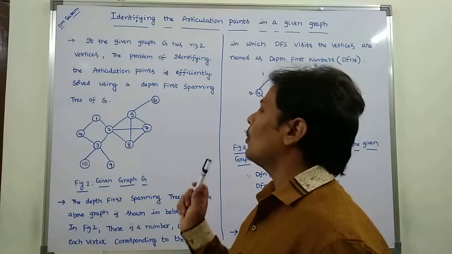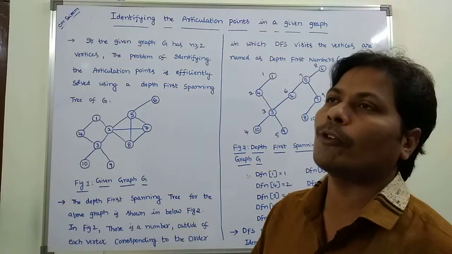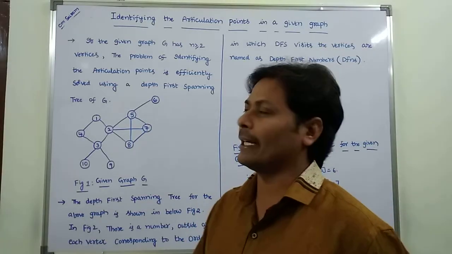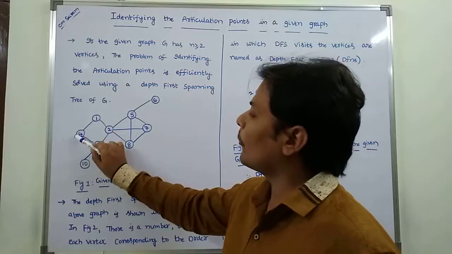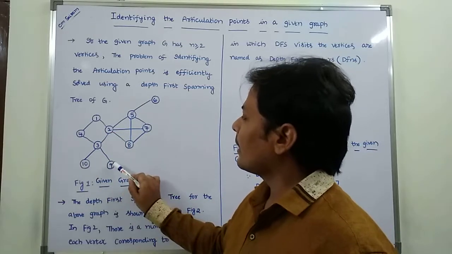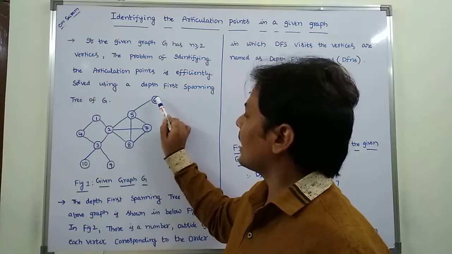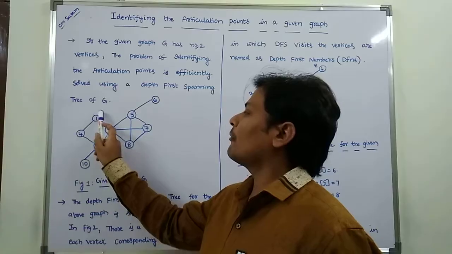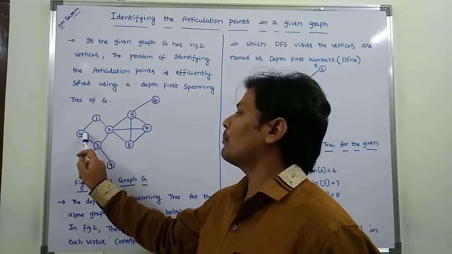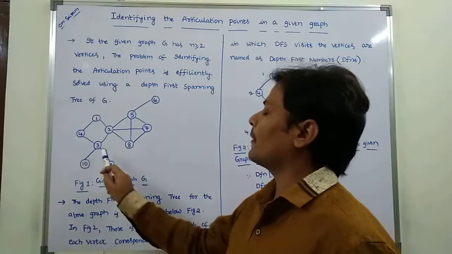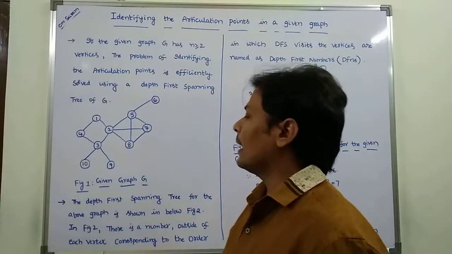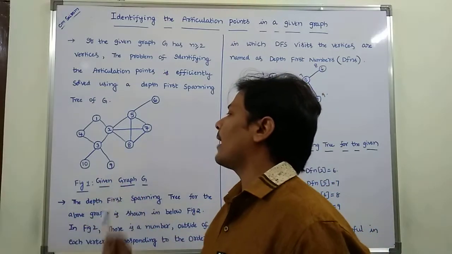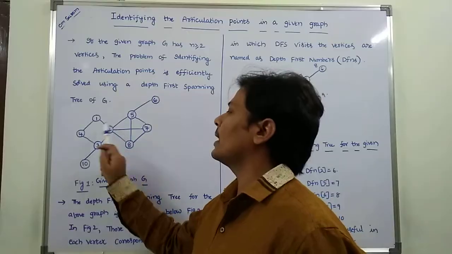So what is the order we follow in the DFS to construct the DFS spanning tree? 1, 4, 3, 10, 9, 2, 5, 6, 7, 8. Now the DFN numbers: the DFN of vertex 1 is 1, vertex 4 is 2, vertex 3 is 3, vertex 10 is 4, vertex 9 is 5, vertex 2 is 6,